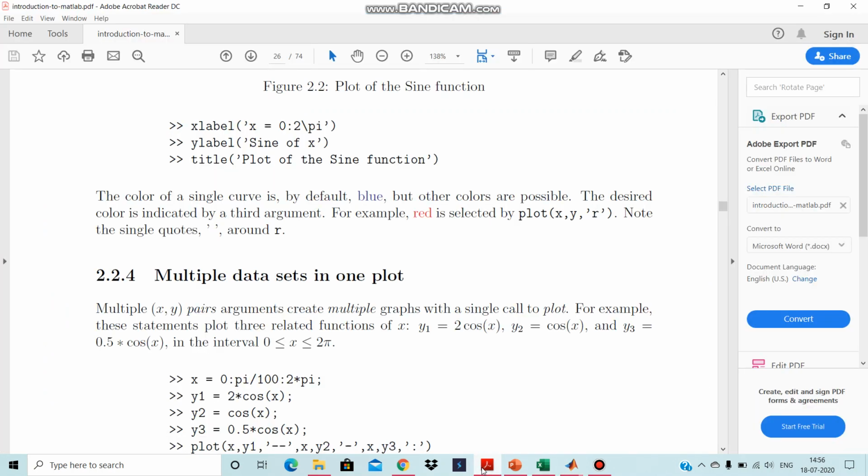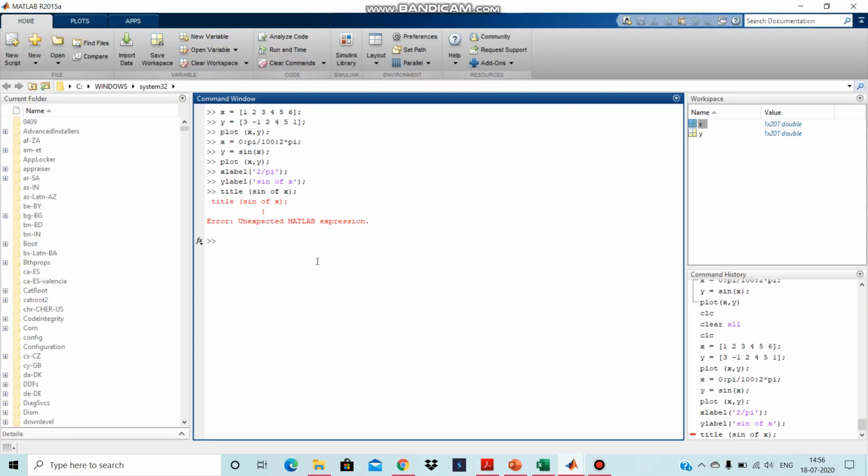This is the plot of the sine function, you can write it, because it is already there. To recall the previous code, press the upward arrow. Here I haven't entered even the quotations, so that's why it is on. Now you can write plot of sin x, right?